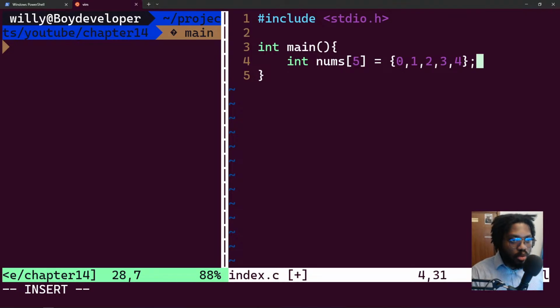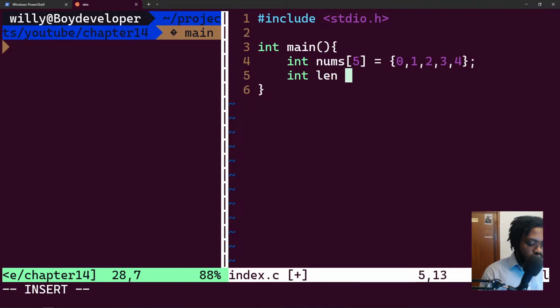So, okay, let's just go into a new line. Here, I would first try to show you how to get the length of an array. Since the length is going to be an integer, which is a number, so say len of the array, or len, yeah, let's call it len. Now finding the length of the array is actually not straightforward, right? So what you do is you first of all use size